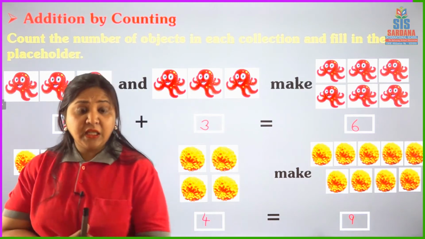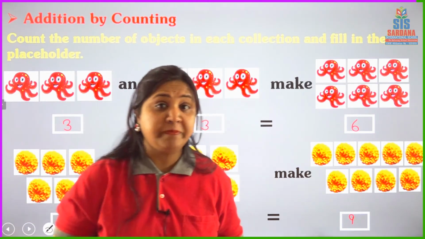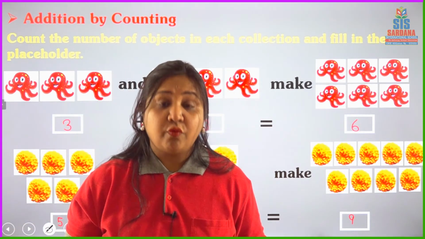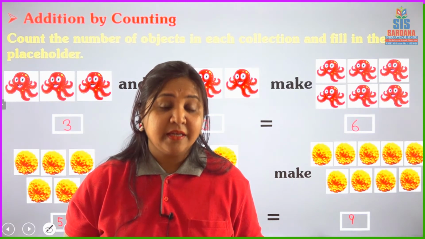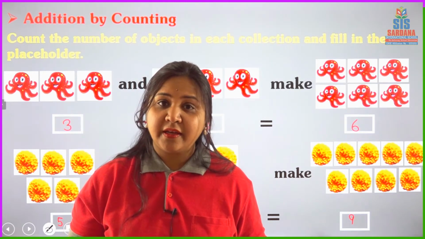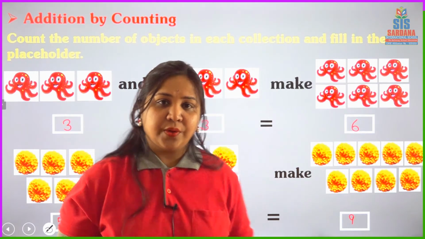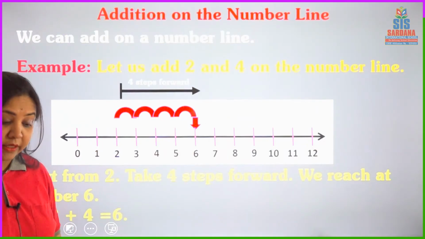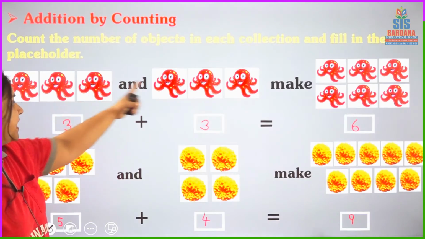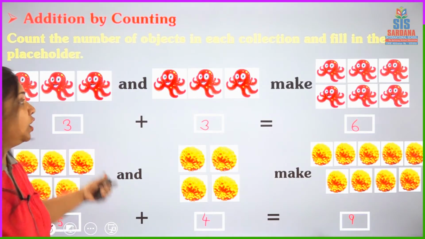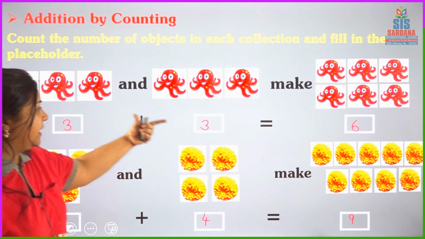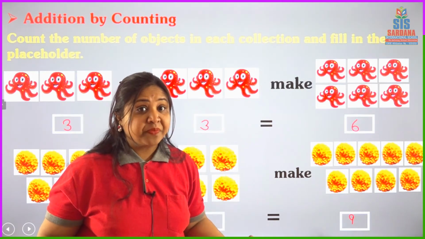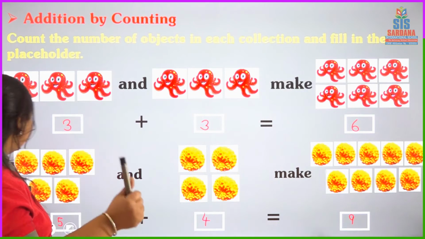Okay. But in this case, if we do not have the objects, if we do not have the pictures, then how to do addition? What is the another method for addition? Yes, there is another method to count. Okay, what is that another method? Let's see. This is the another method when we do not have objects to count, because it is very easy. Whatever objects are given, just count them, write them, and keep them together and count total how many are there. It's very easy.